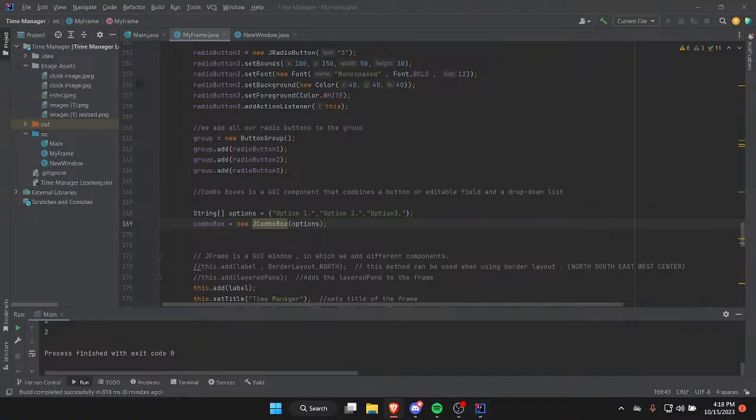And then when we run this, we have a drop-down menu, a combo box, and we can select one of these items. However, it currently doesn't do anything, so within the actionPerformed method, we need to fill in a